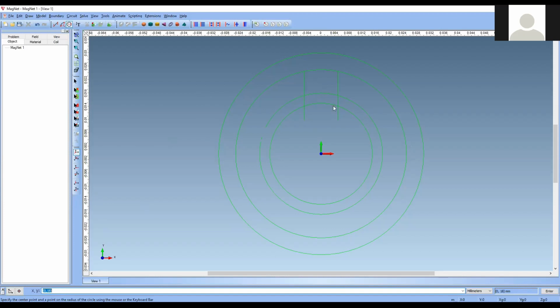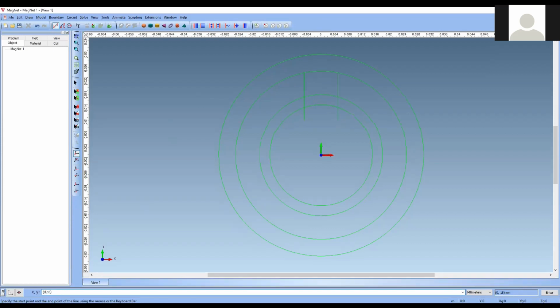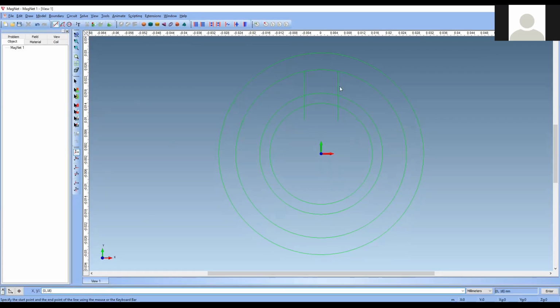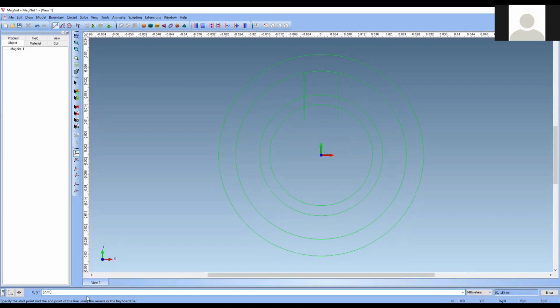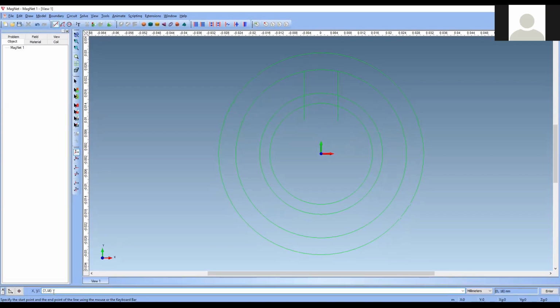I want to draw a simple line here. So now I am selecting the line. Previously this line was 5. So let us go some 2 mm from here. So we will keep it as 7. 7, 18. 18 means this arc will come as 18.